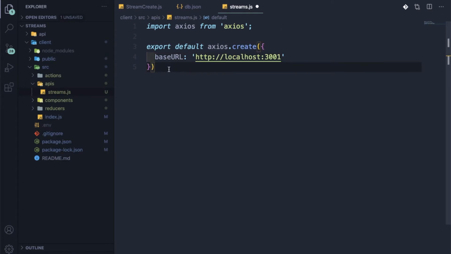So this will be the base URL. Let me save it, and after that we will go inside our action folder,